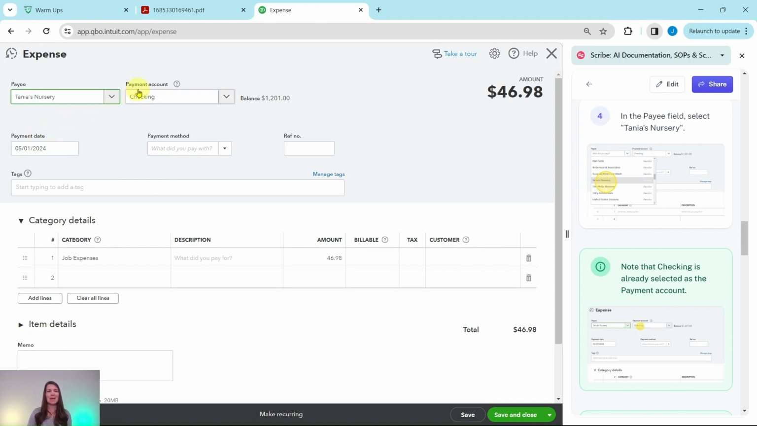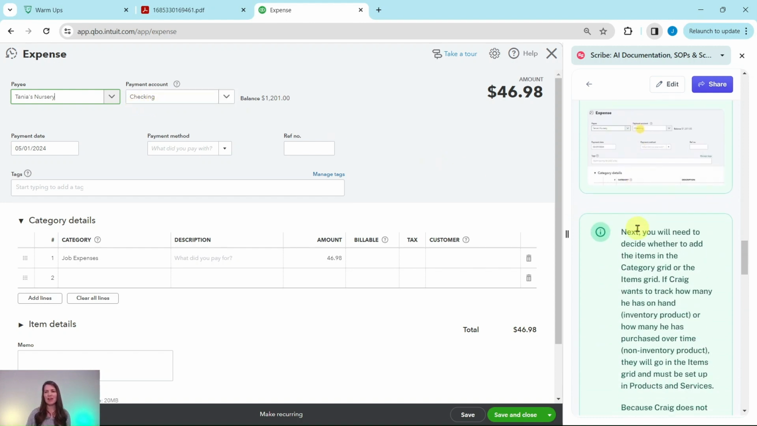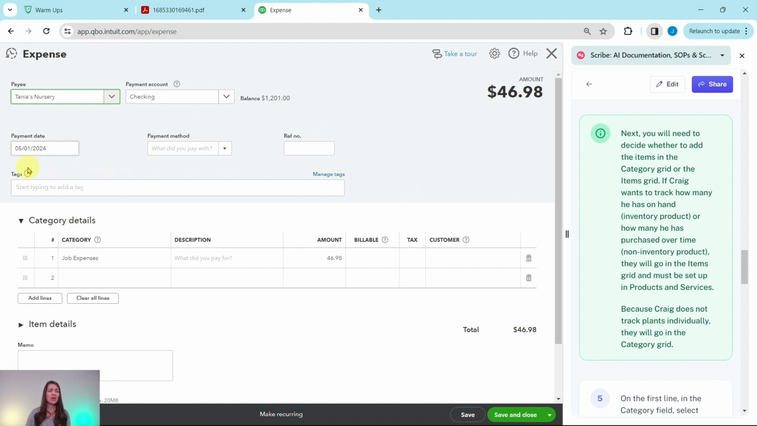You will notice that the payment account is already showing as checking, which is perfect. This is what we want. Remember, he paid with his debit card, which is connected to his checking account. So this is exactly what we want to have here. We are going to leave the payment date field as is. It will default to today, but of course in real life, be sure that this payment date is matching what